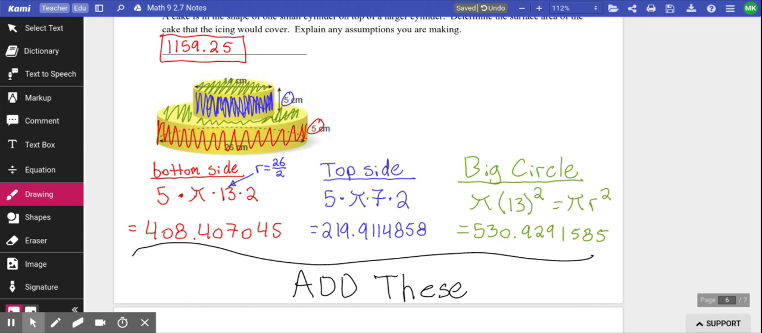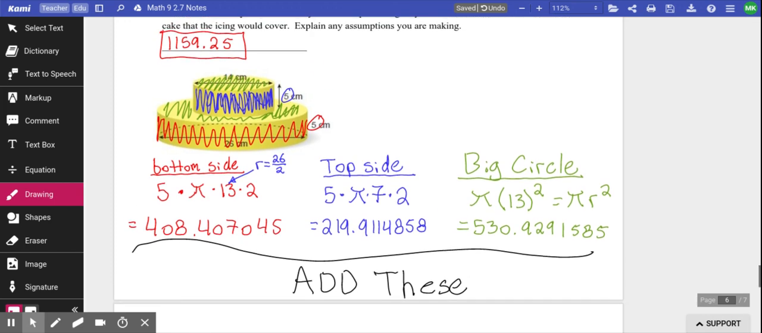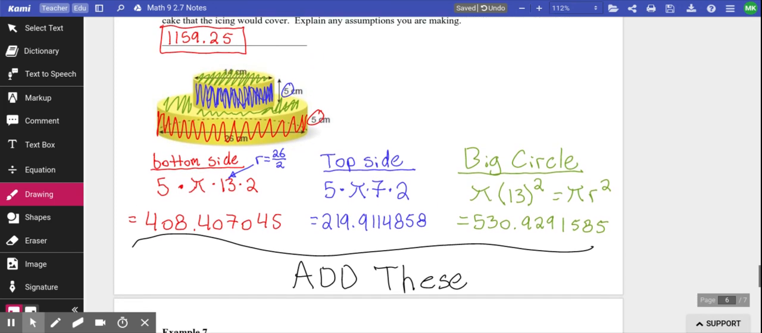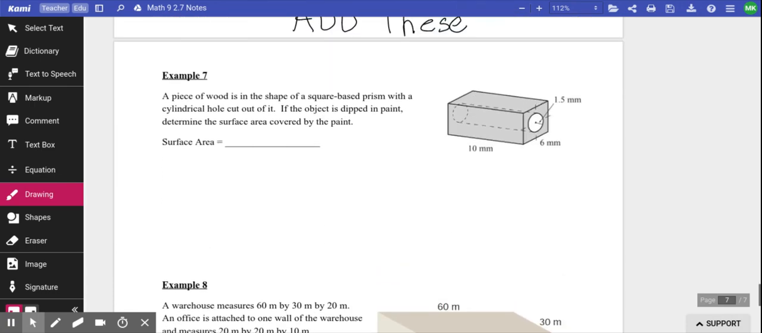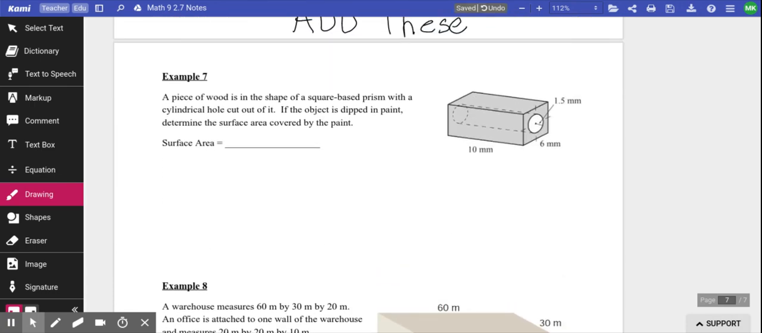All right. No more questions about these overlapping cake questions? They're a little confusing. The last ones we're going to do